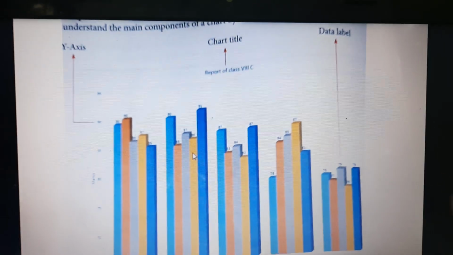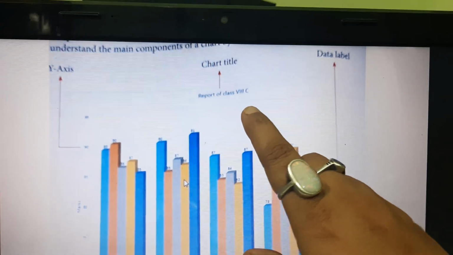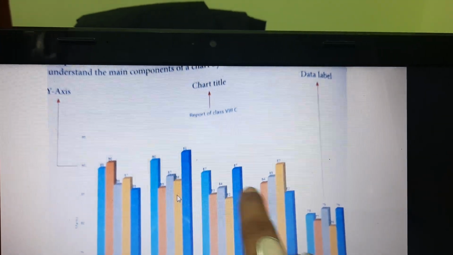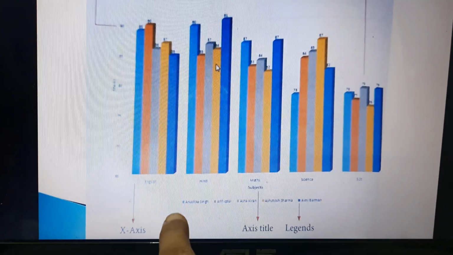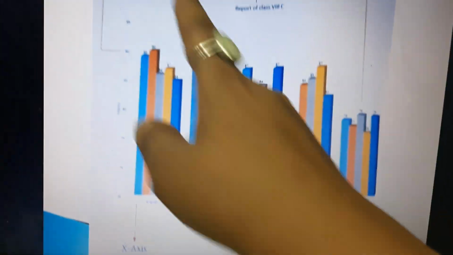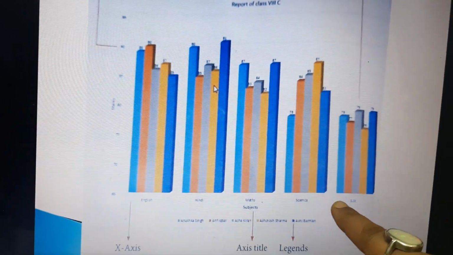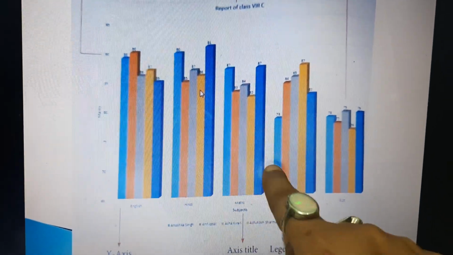This is the chart. Now you can see the title. It is reporting the report of class 7C. Data table, data level: the labels and numbers given there, that is the label. This is the y-axis and this is the x-axis, and these are the axis titles, where the subject names are given.